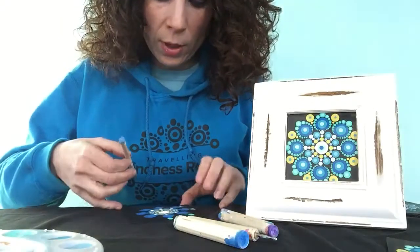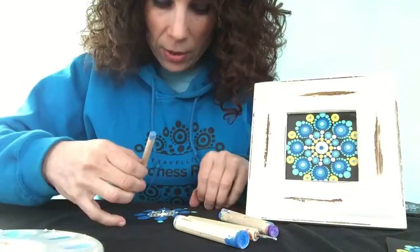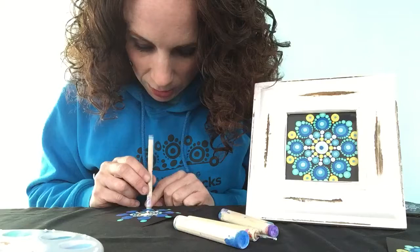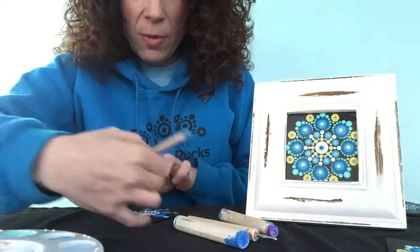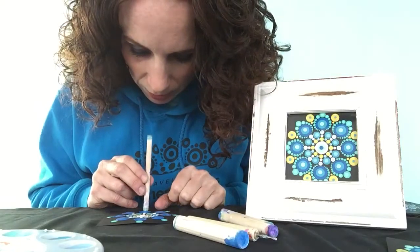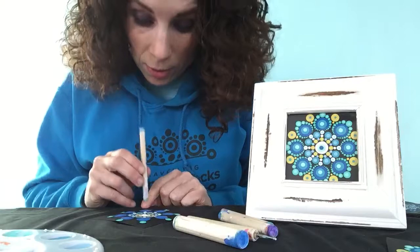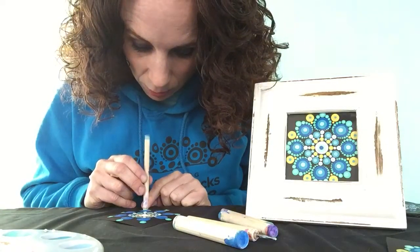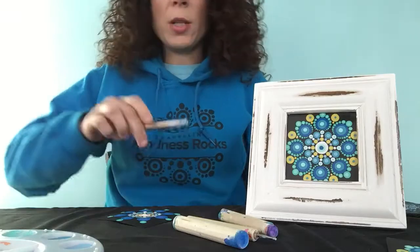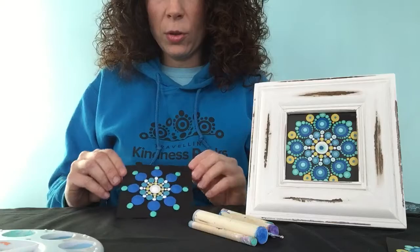So for me, when I work, I try to keep my designs very close knit, meaning that I try my best to have my dots almost touch. What you really need for sure is you're aiming for consistency. So if you have a space that's a little bit bigger on one side as you do a step in the design than it is on another, what will happen is that side will get a little longer than the other side. So you want to be consistent. If you're not going to aim for being as close as possible, aim for your space